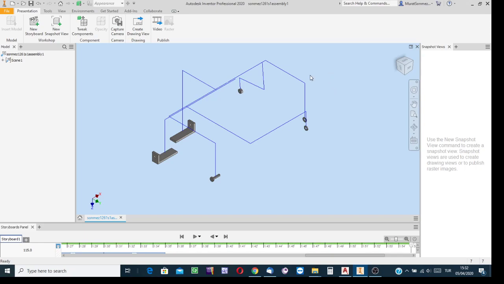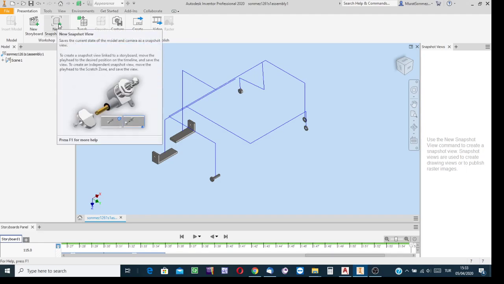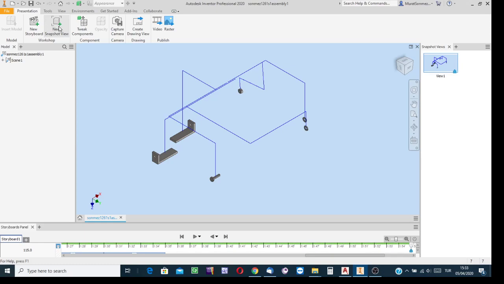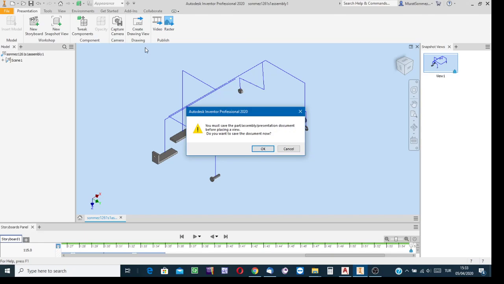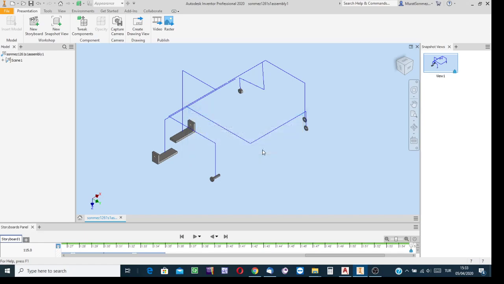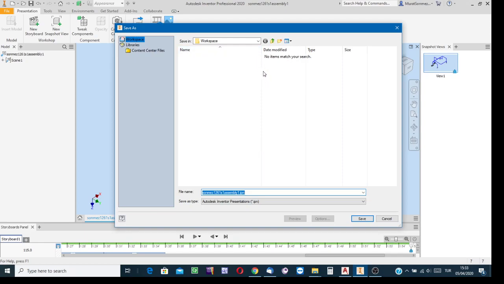Here, if you're going to create a drawing file, have a drawing sheet on which to have the components as if exploded like this, then click on New Snapshot View. Click on this button. Yes. And then if you click on the Create Drawing View button, but since I forgot to save this animation file, Inventor notifies me: shall you save? Yes, first save. OK. Where? In the package folder,